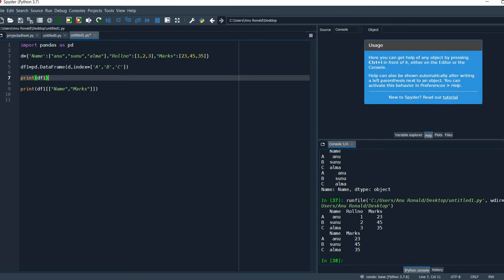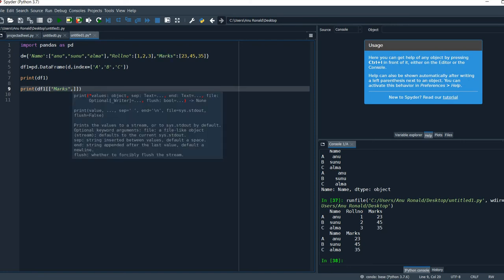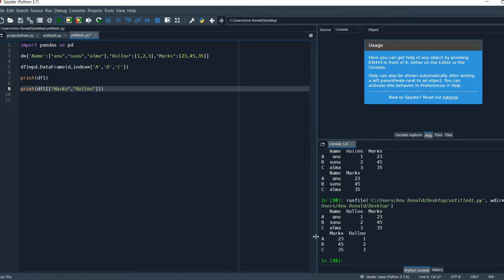If I need a different order, like first marks, then roll number, simply rearrange the order here in the statement. So you will get marks and roll number. You just have to rearrange the order inside the column notation. This is how we will find a particular column or a set of multiple columns.